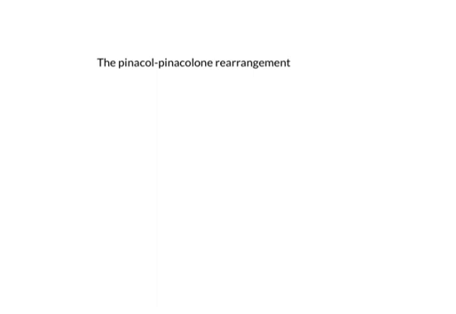In this video we're going to go over the mechanism of the Pinacol-Pinacolone rearrangement. The Pinacol-Pinacolone rearrangement starts with a diol. I'll use a very simple example of a diol. So it's a 1,2 diol where the alcohols are on adjacent carbons to each other. All right, and we're going to react this with acid, and the product of this is going to be